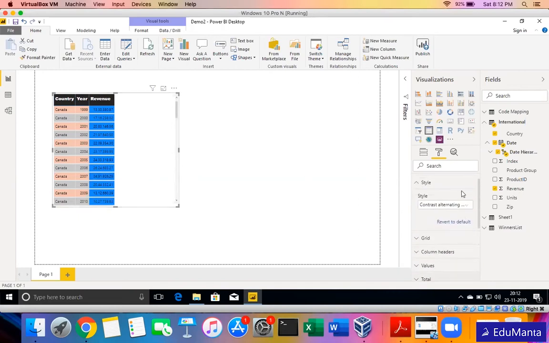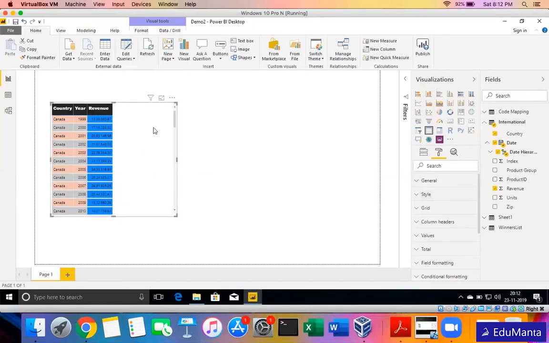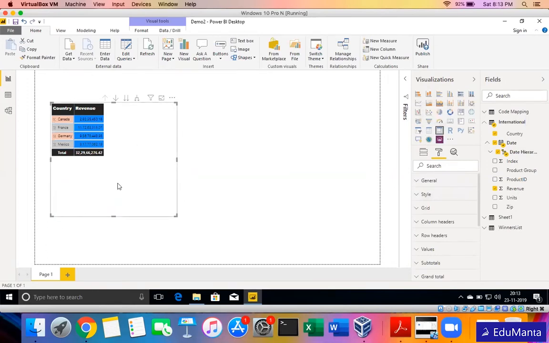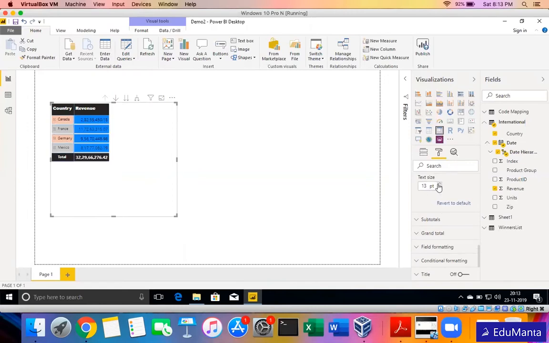Now another thing that is very common along with a table is a matrix. If we want not this way, but we want countries here, we want year as columns and then the revenue, that is a cross tab type of data, then we can select matrix. And what happens in Power BI, suppose my data is in a different visual but I want to change, okay, this table has to be converted into matrix, I can select this and just select the other visual. So I selected matrix. Power BI by itself has applied some formatting. Let me just increase the font size a bit so that it is visible what Power BI has done by itself, and we can customize that further.